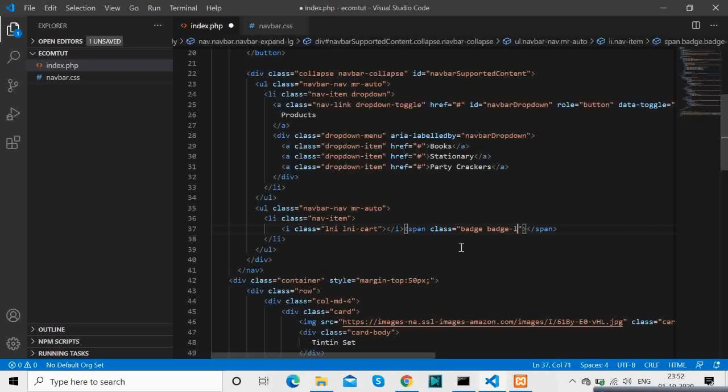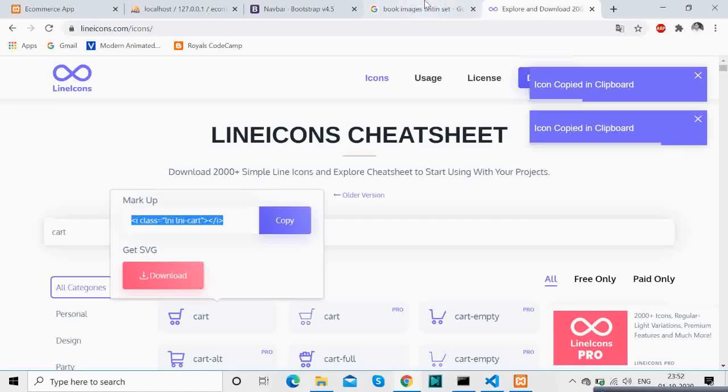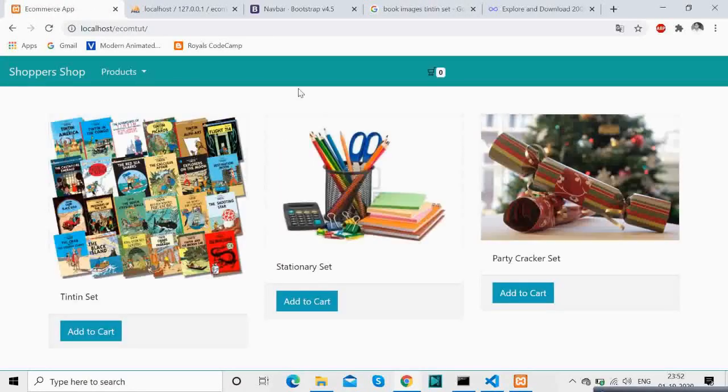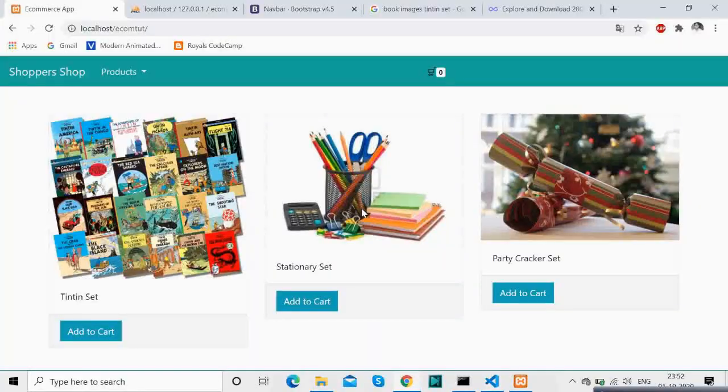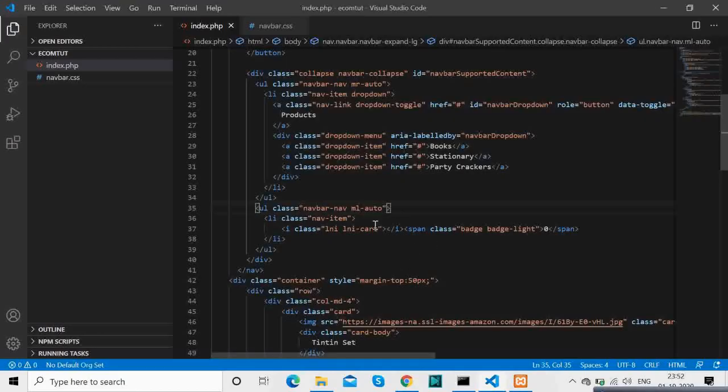This will show how many items are there in the cart. You see that it's there, but we want it on the right side. One easy way is to just write ml. How I remember it is that left is actually right here, so ml will push that to the right side. That way I remember that.